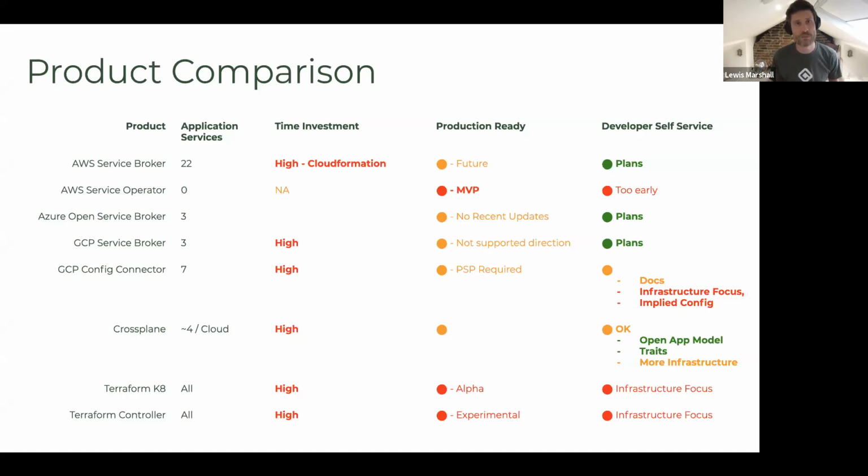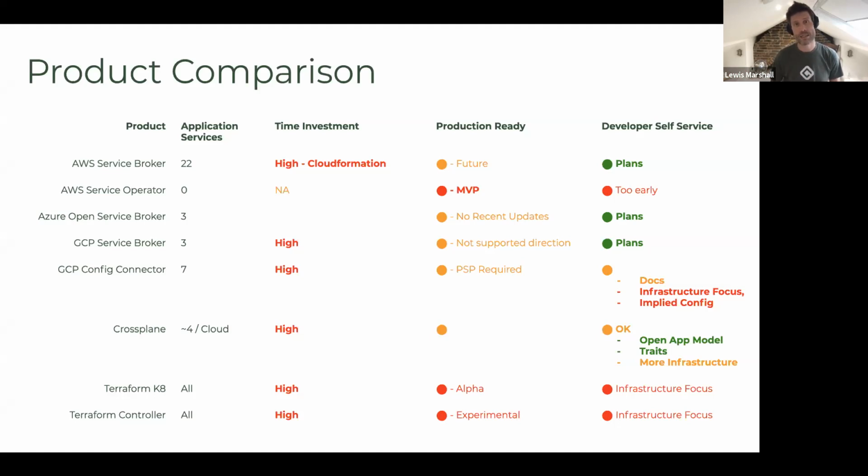And in the service broker space, there are facilities for Azure and Google Cloud Platform, but in reality, they're very much infrastructure focused in what they actually provide, and there's no recent updates. The whole Open Service Broker API ecosystem seems to only really have longevity or long-term support for Cloud Foundry,